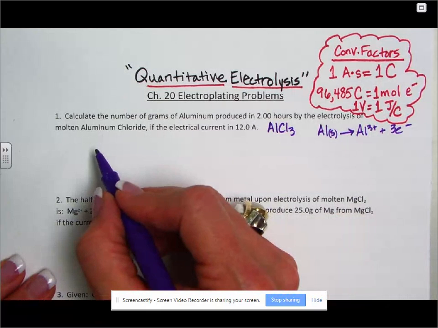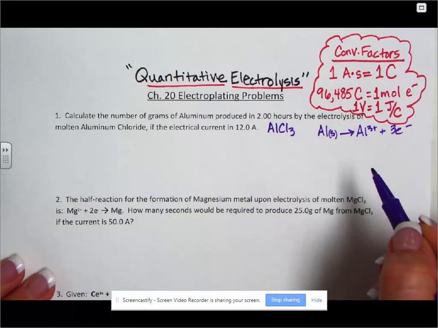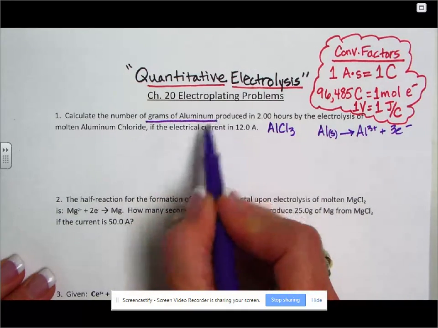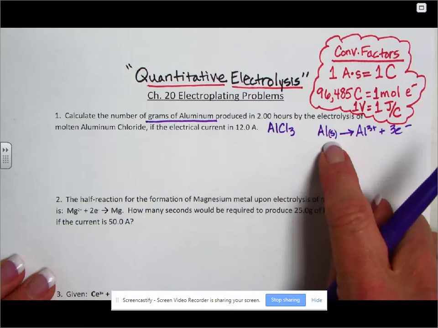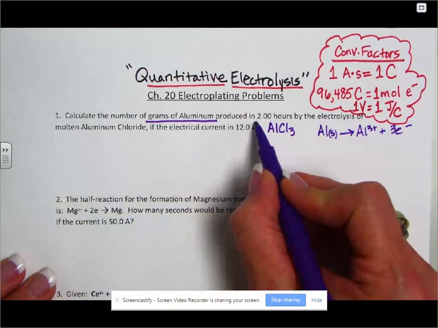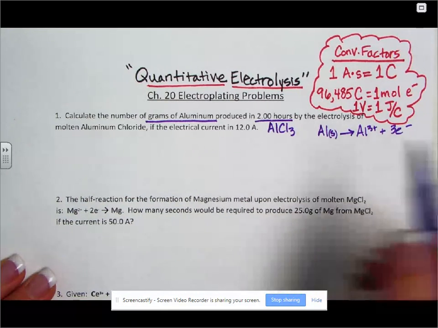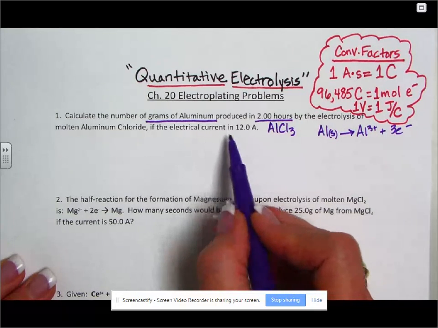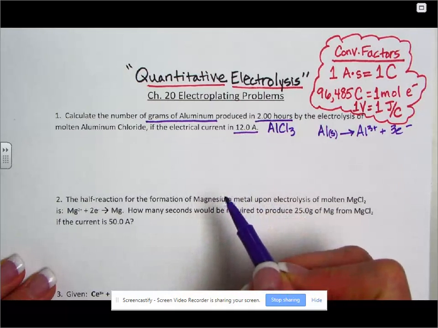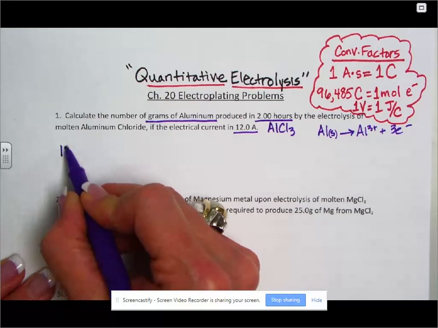So let's start with our given. And then we're going to use some of our conversion factors to help us get through this calculation. Now keep in mind, we're looking for the number of grams of aluminum. So you're looking for grams of the aluminum solid. And some things that we were told. We were told that 2 hours will pass by. They want to know how much you will produce in 2 hours. And they've told you the electrical current, the amperage here, 12 amps. So I'm going to start with the 12.0